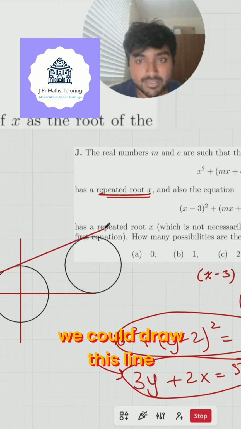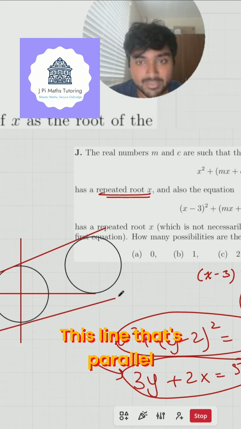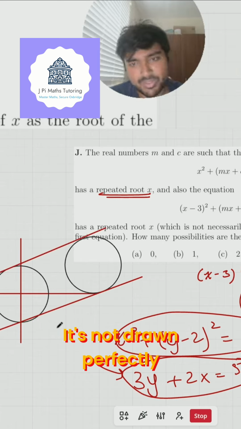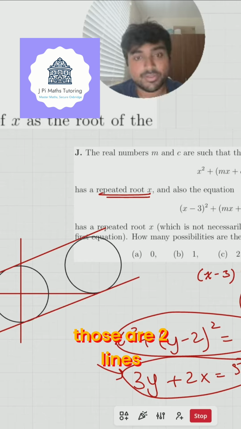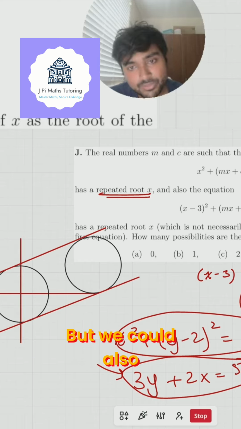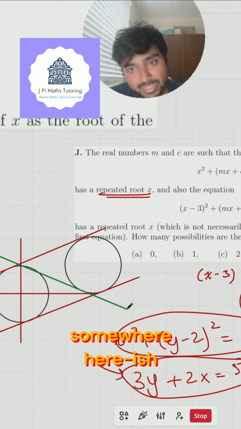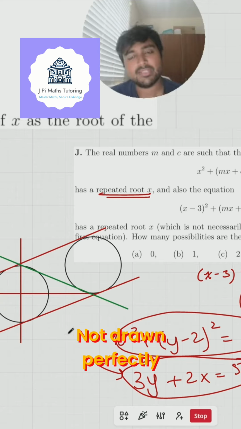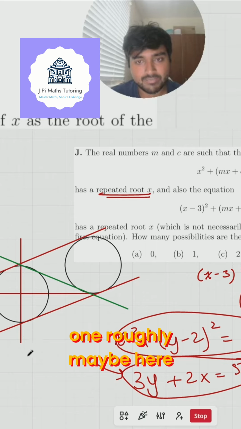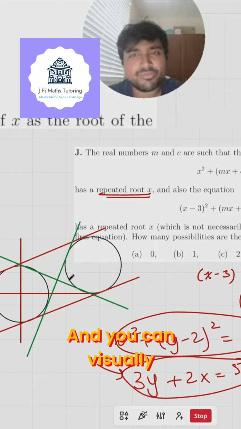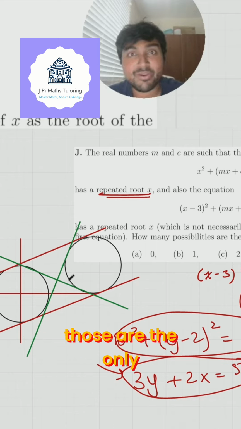Well, we could draw this line that's roughly there. This line that's parallel, roughly there. It's not drawn perfectly. Try it again. So something like that. Those are two lines. But we could also draw a line maybe somewhere here-ish, not drawn perfectly. And similarly, one roughly maybe here, like so. And you can visually confirm for yourself that those are the only ways you can do